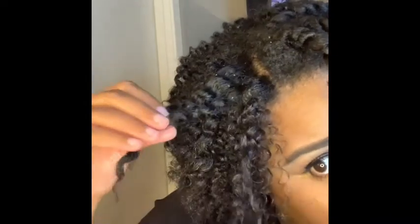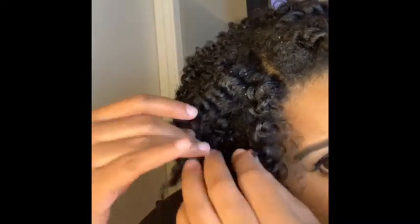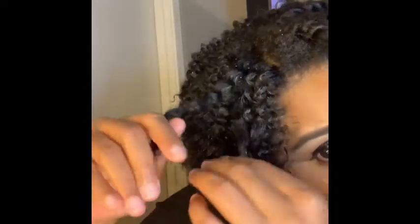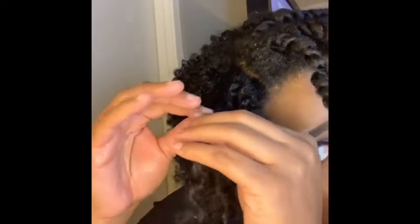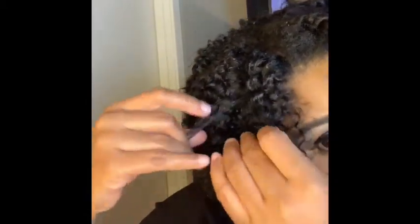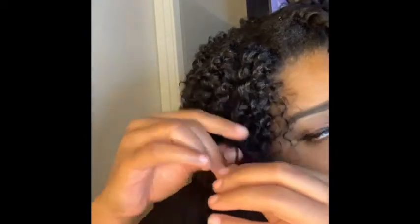All right. So just getting these little pieces kind of separated here. Not trying to force too much, so that way it'll just keep this nice little kind of spirally wave thing going on. Okay? All right. Now,